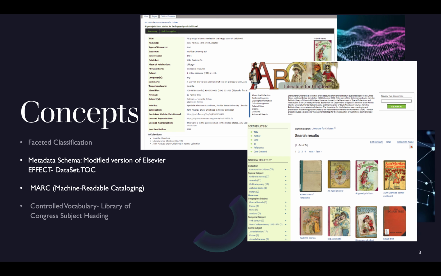In addition to the structural metadata, each resource is also described using machine-readable cataloging. Each library is responsible for creating a full MARC record for selected materials from their own collections. The records are expected to adhere to guidelines developed by the Technical Services Planning Committee, Cataloging and Access Guidelines for Electronic Resources. The guidelines specify that records should represent the electronic versions only and include specific instructions like using the fixed field Date 1 to record the date of the original resource and include a title subfield H to indicate